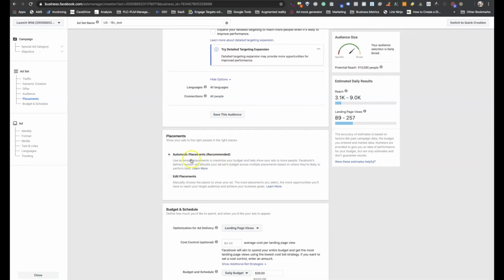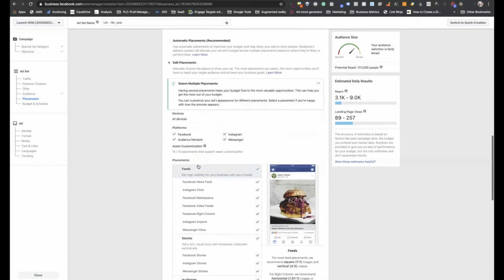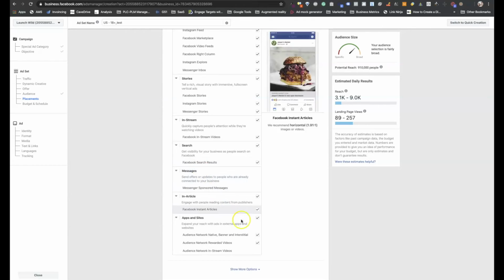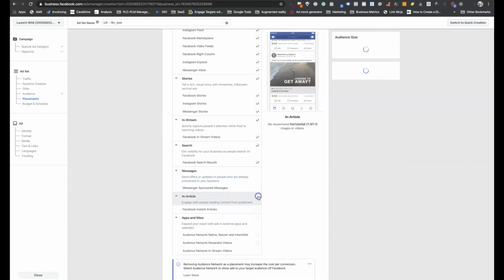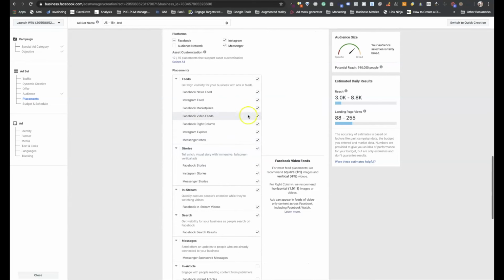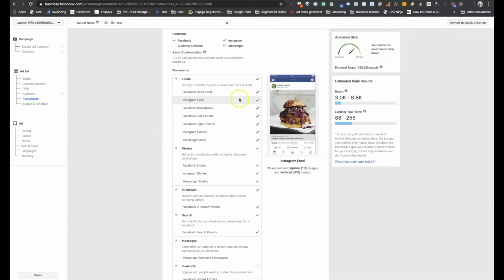Now, depending on the creative you're going to do, if you're going to do a still picture, I would suggest editing your placements. Facebook likes to deliver them in all places, but when I actually do this, I get lower engagement, lower responses. It's just kind of a waste of money. So I actually kill a lot of these off to where I get a really tight, just a few different